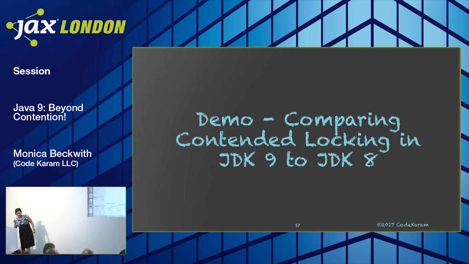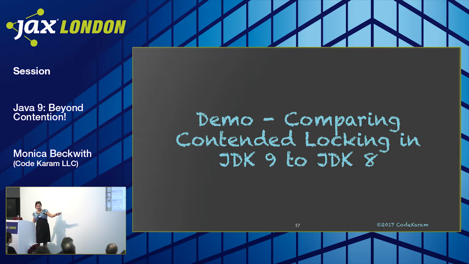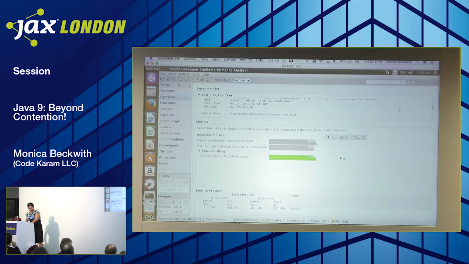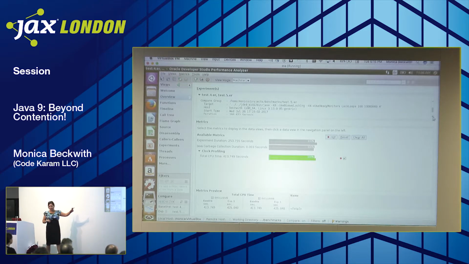You could go into overview, and you can see the experiments I'm comparing. The first one is a Java 9 build 133, and I made sure that biased locking was disabled and heavy monitors were enabled, with my lock loops benchmark, the number of threads, number of loop iterations and so on. The next one, I think called experiment 1, is my JDK 8 build 102, again with biased locking disabled, heavy monitors enabled, and the same parameters to the benchmark, okay?